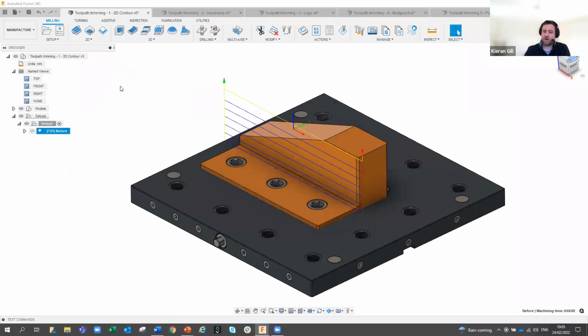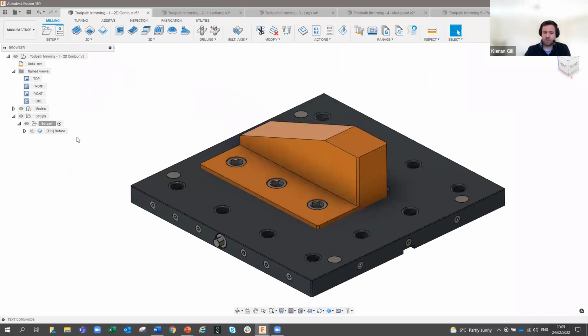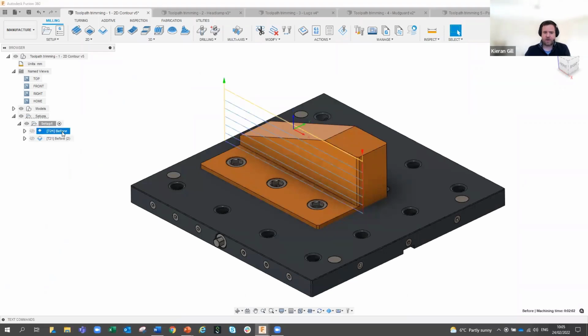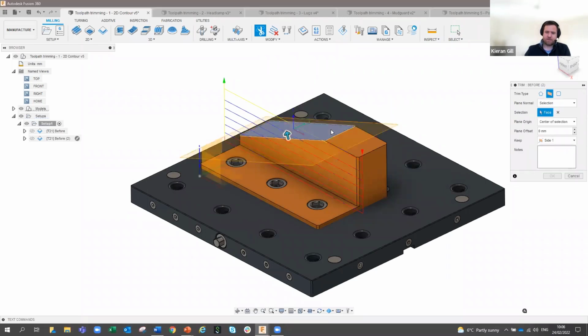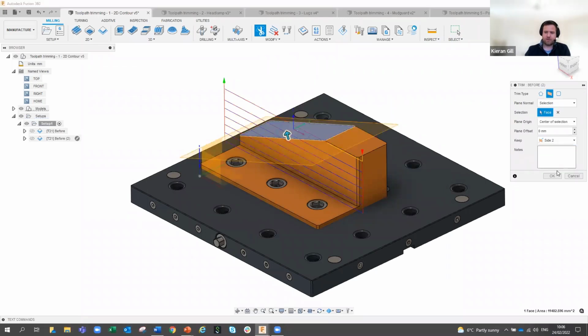So on the screen, inside of Fusion, we have a 2D style strategy. Now I'm just going to go ahead and duplicate the strategy so we can see the before and the after. This particular part presents a unique opportunity to use toolpath modifications to avoid some of the air cutting moves, as you can see here on the screen. We can simply go to that toolpath modification, select the feature we want to limit the toolpath to, and limit